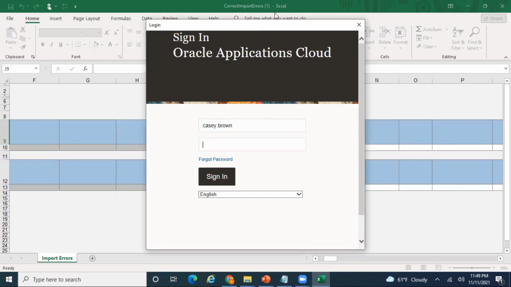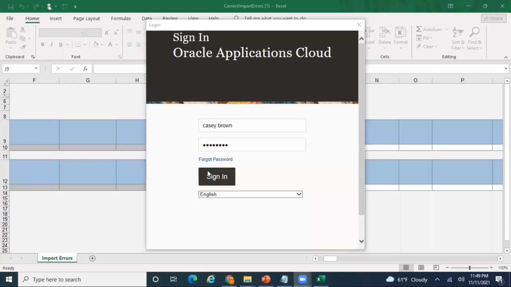Okay, and it again stopped sharing. Let me start sharing. I have entered my password.